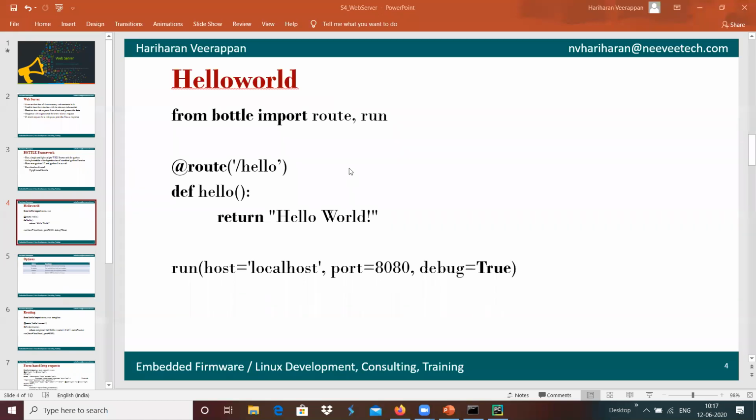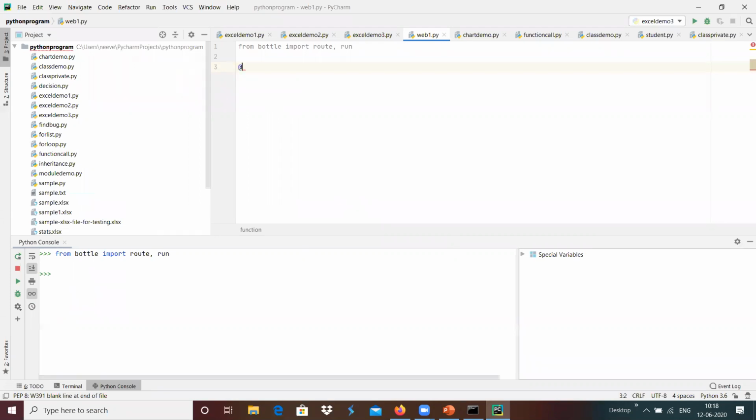Yeah. It's something like we have the route. For example, we can add this route and we will see how it will work accordingly. I'm going to add this route at route of slash hello over here, and I'm going to define this route with the hello function over here, and I'm going to return maybe hello world to this function.